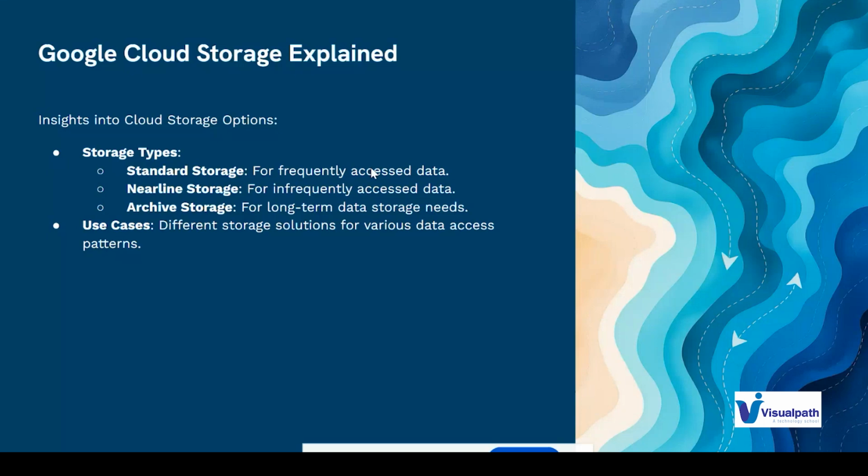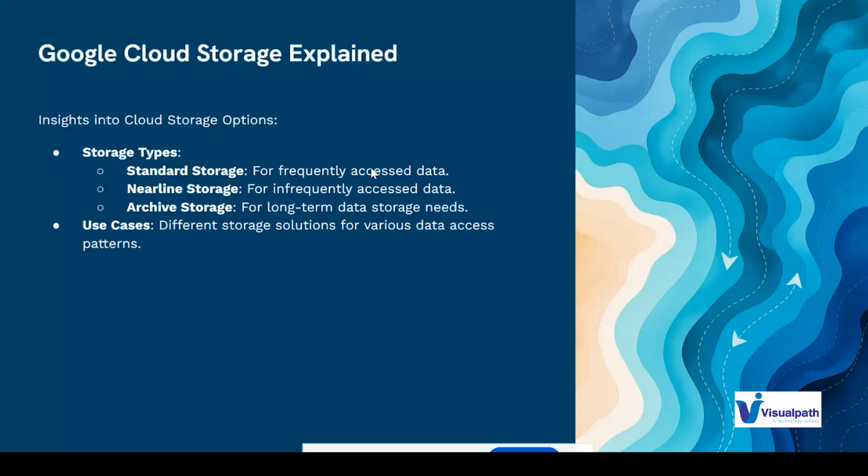And then Google Cloud Storage. Here also we have three types of storage classes, similar to AWS or Azure: Standard, Nearline and Archive. Before moving to the class types, I will try to explain what Google Cloud Storage is.